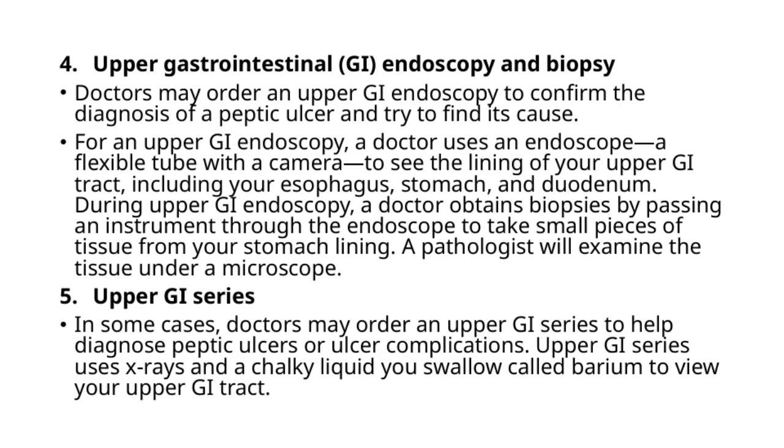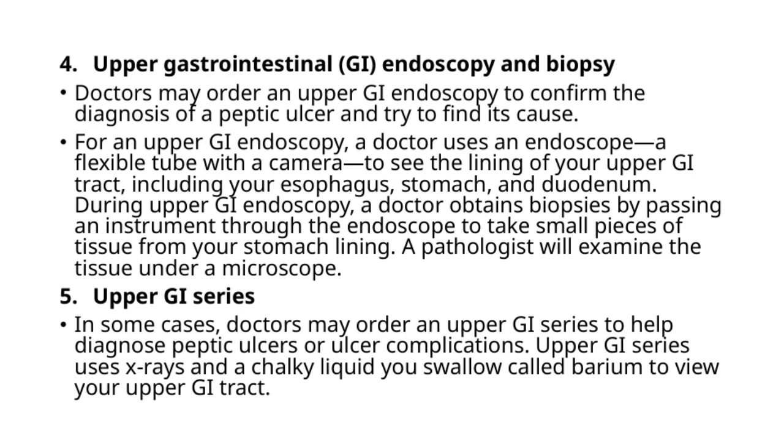During this procedure, a doctor uses a special instrument called an endoscope. This is a flexible tube with a camera attached to it, allowing the doctor to see the lining of your upper GI tract, including your esophagus, stomach, and duodenum. While performing the endoscopy, the doctor can also take small tissue samples, or biopsies, by passing a tiny instrument through the endoscope. These tissue samples are then examined under a microscope by a pathologist to look for signs of infection,